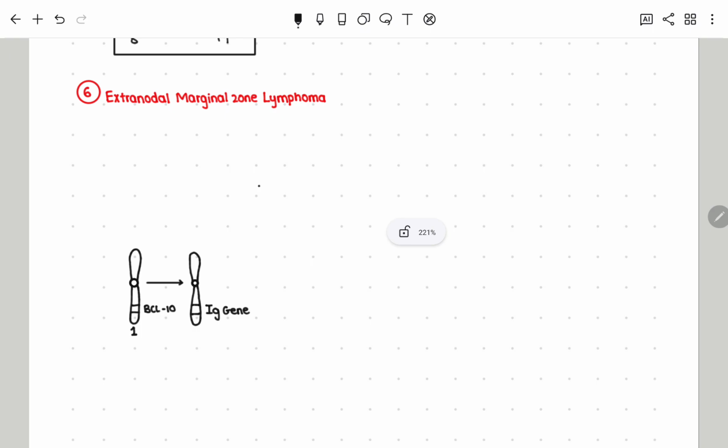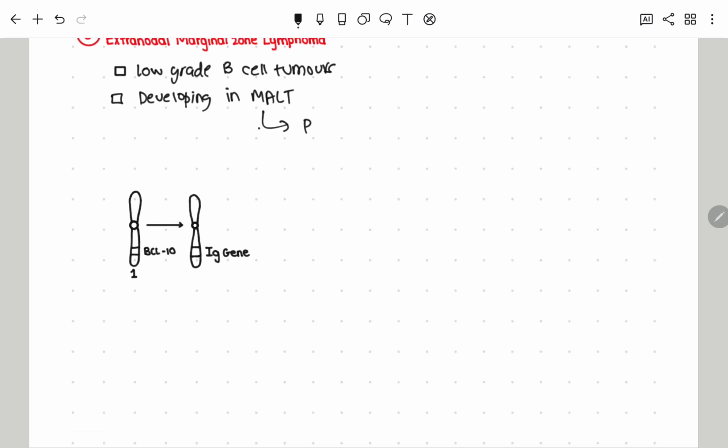Coming on to the last one we need to talk about, extranodal marginal zone lymphomas. Again, you'll remember marginal zone as the one with cells that are relatively well differentiated. And so these are by nature low-grade B cell tumors. And these are more often seen developing in MALT tissue. MALT is mucosa-associated lymphoid tissue. And so these neoplasms are normally seen in the parotid gland,